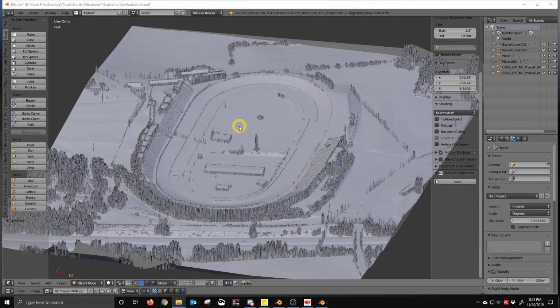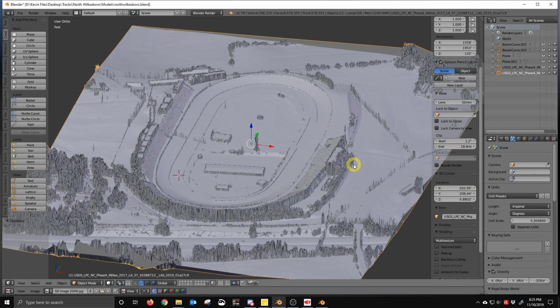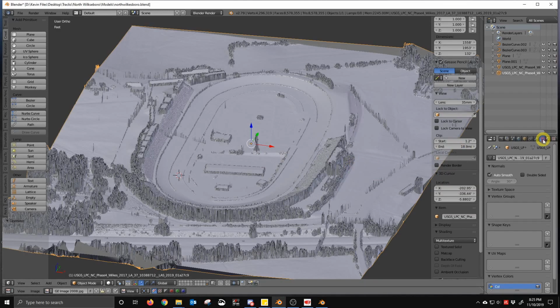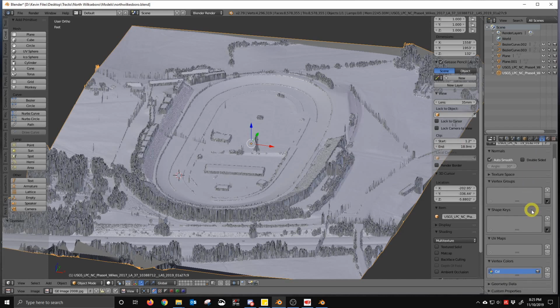So we're looking back at the mesh again. It's just a quick overview of the vertex colors again. As I said, you can use the STL format out of Cloud Compare, and it won't have any scaling issues, and it will look just like this. But the main thing is it just won't have the coloring, the vertex colors, which is the intensity data. So you don't necessarily need that. It is handy to have,